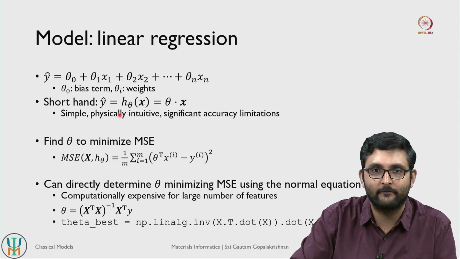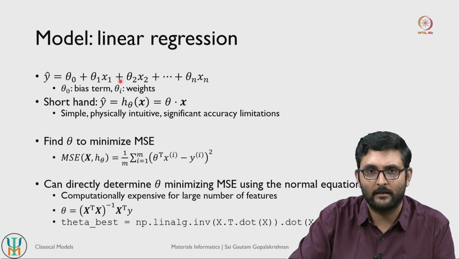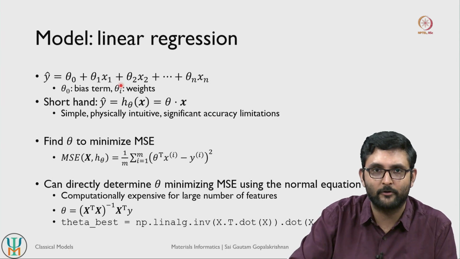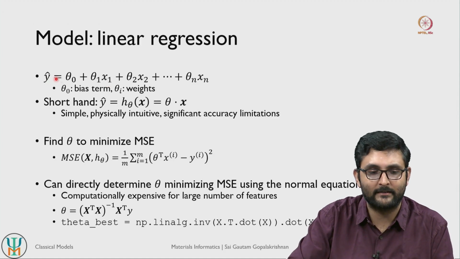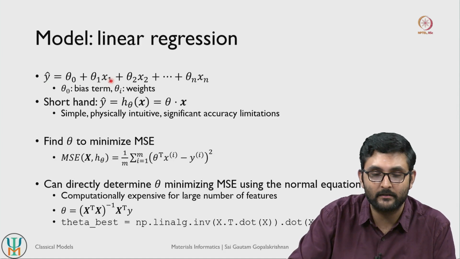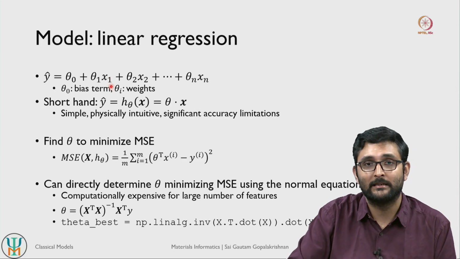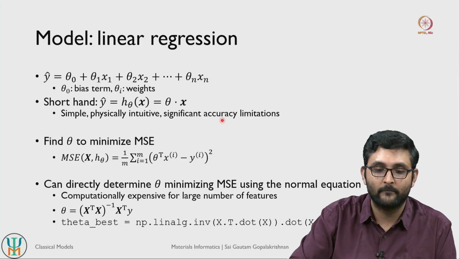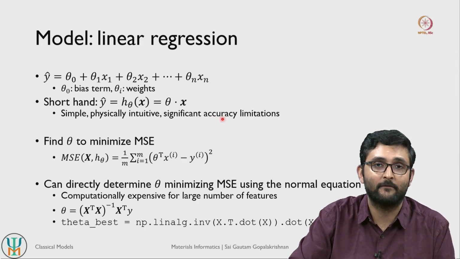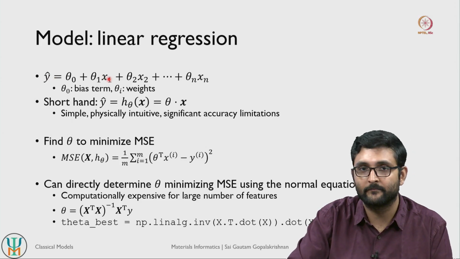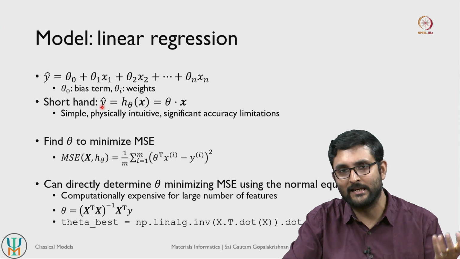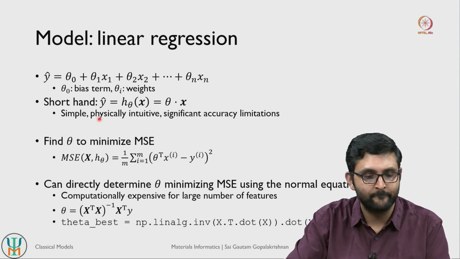So it's very intuitive, very easy to understand, but it can have significant accuracy limitations, right, because to put it very trivially, let us say you have your target variable varying as a square of x1. So let us say it has a parabolic dependence on your x1 feature, and if you try to fit a linear model to it, you won't get a good fit, right. So it can have significant accuracy limitations, especially when you have non-linear dependencies of your target with respect to your individual features, right. But if the data is largely linearly dependent, then this is a great model, right.